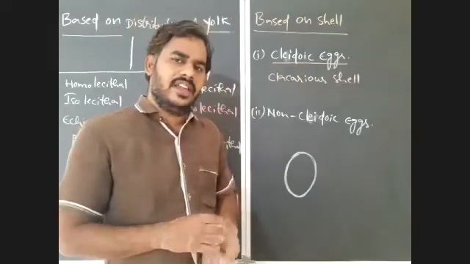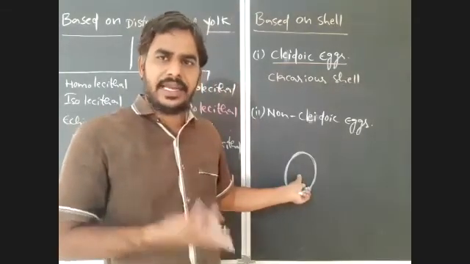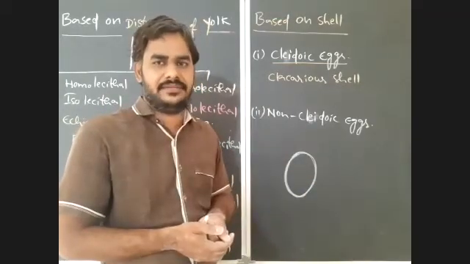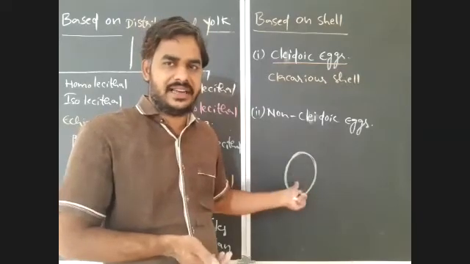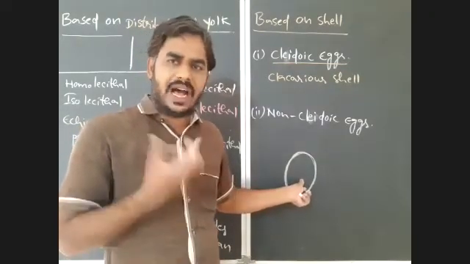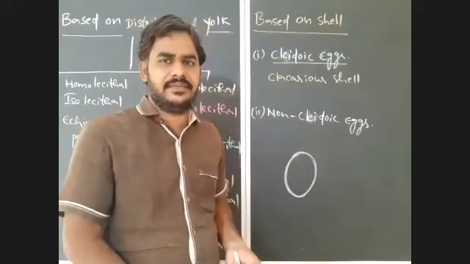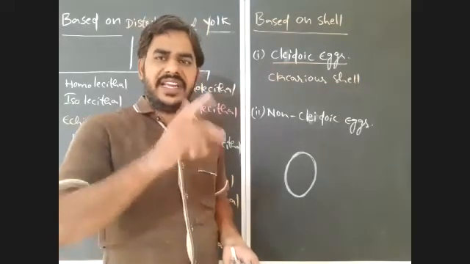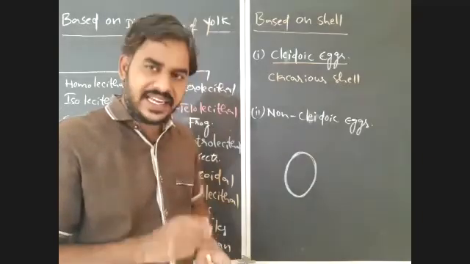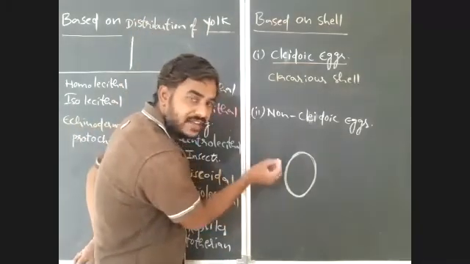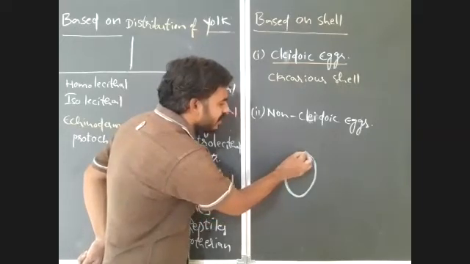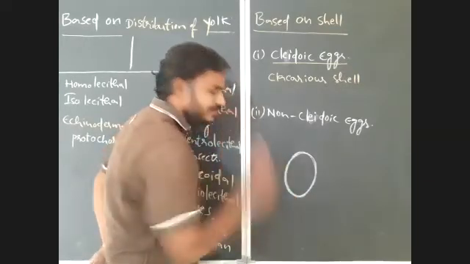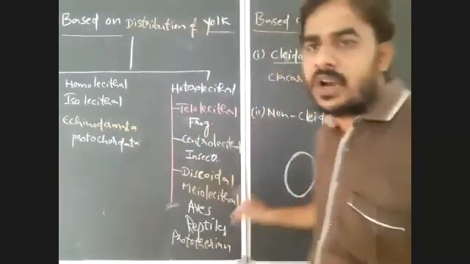So now, in the egg, the developing embryo is there. If the egg is covered by this thick and hard shell, and inside it the embryo is there, then how will this embryo get oxygen? How will the exchange of gases take place here? For the exchange of gases, on the surface of this calcareous shell, minute pores are present, minute holes. So the shell is a porous shell.